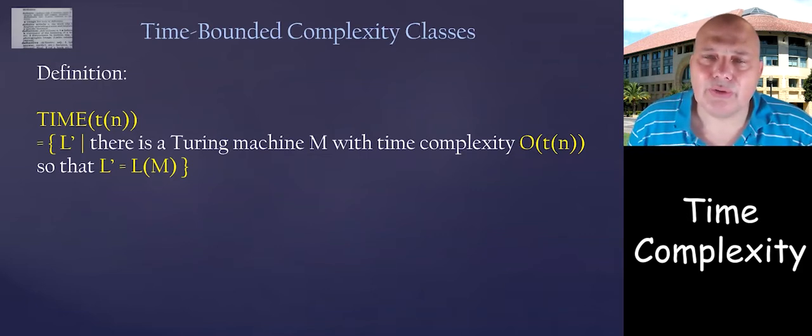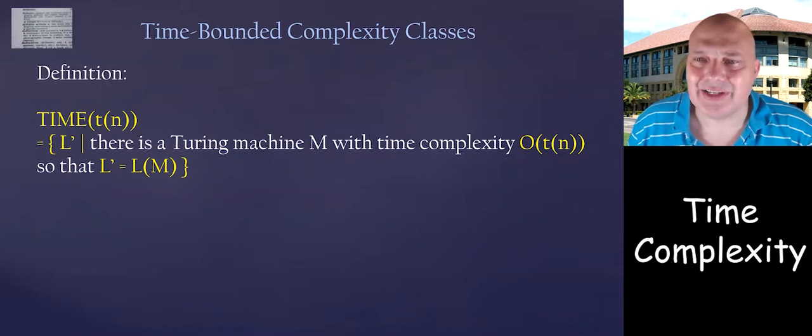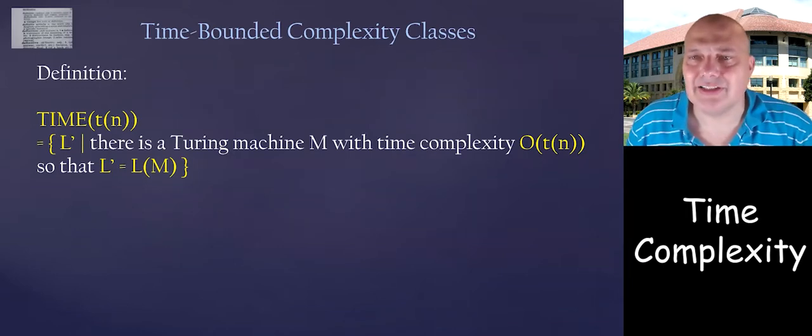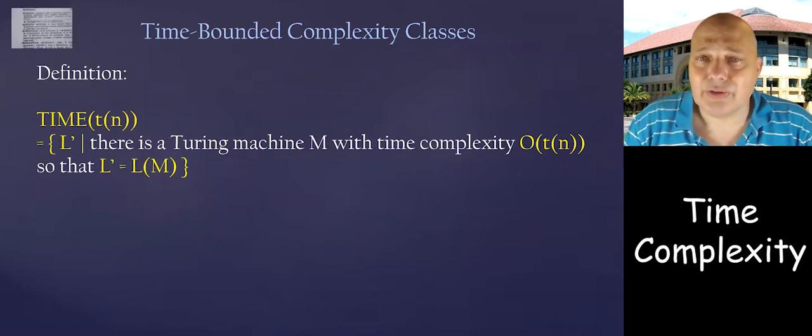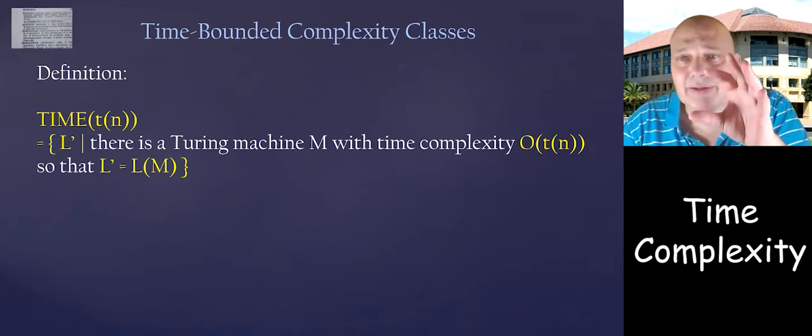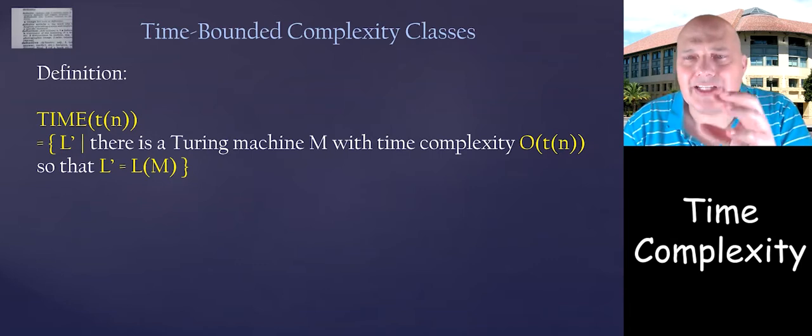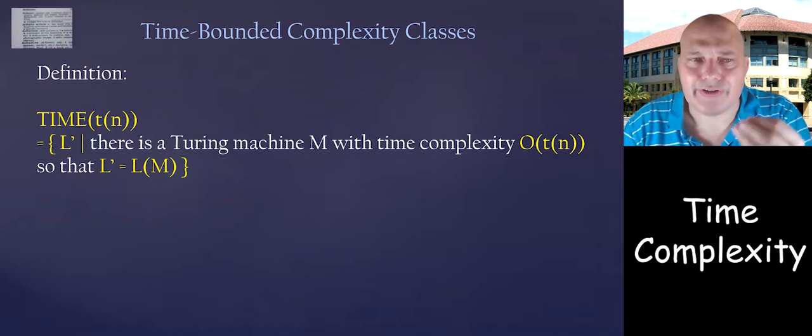So now we know how to analyze the complexity of a single Turing machine on a language. But what about the complexity, the inherent complexity of the language itself? In general, in complexity theory, we try to classify the problems by their inherent hardness. So we say all of these problems are in the same class because they require the same amount of resources. So we need to talk about what a problem requires. So let's